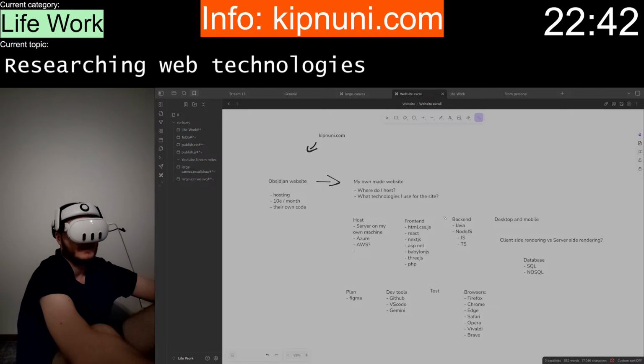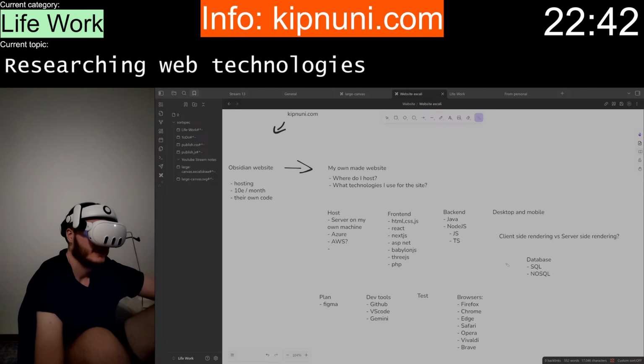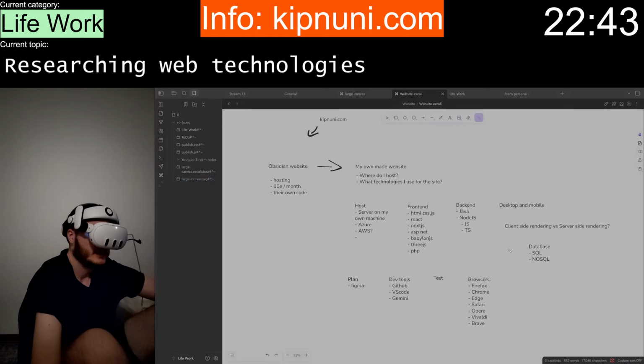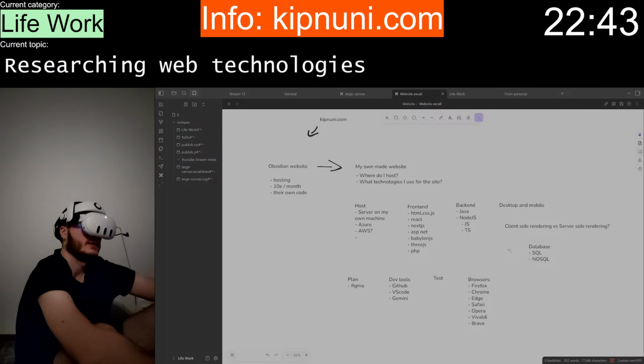The logic should be similar. The database might be another matter, but yeah, React.